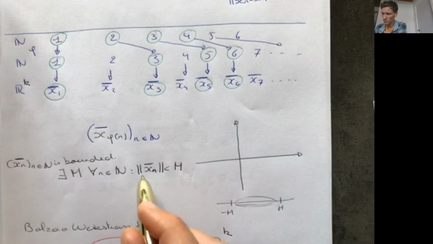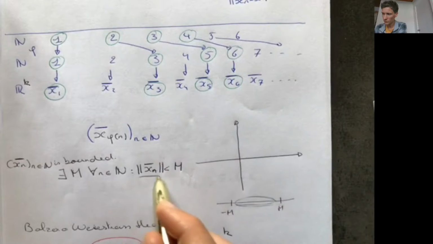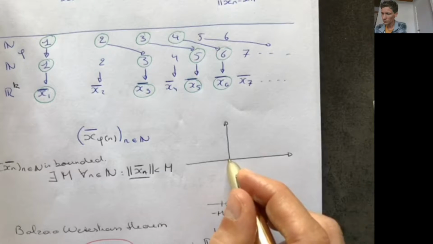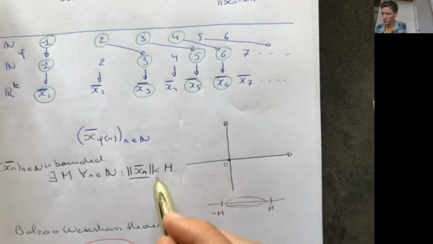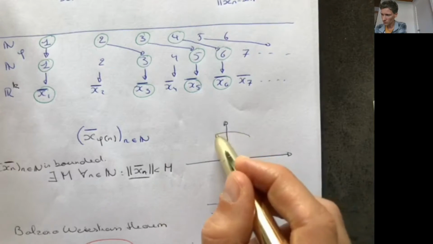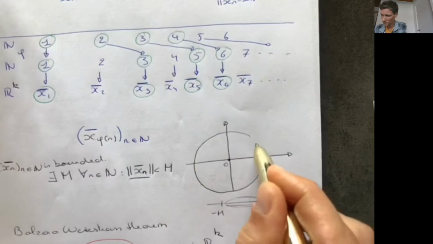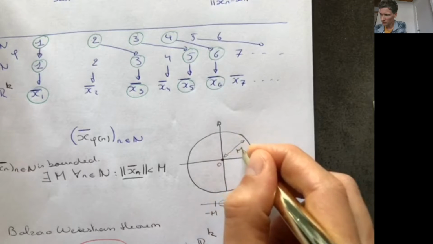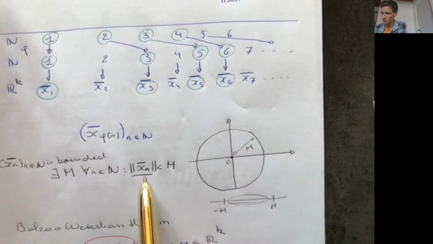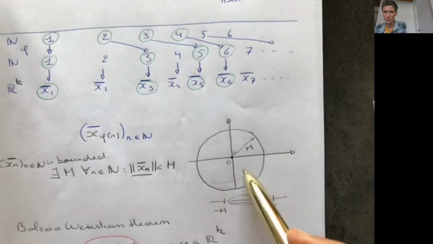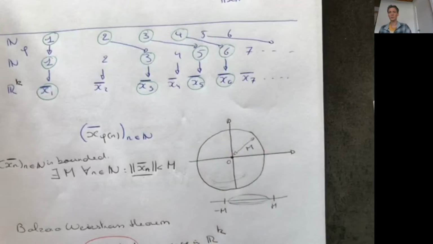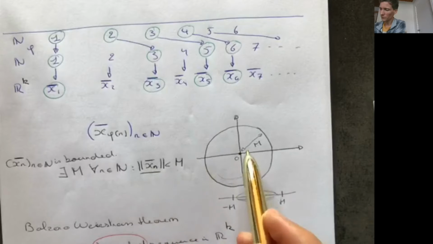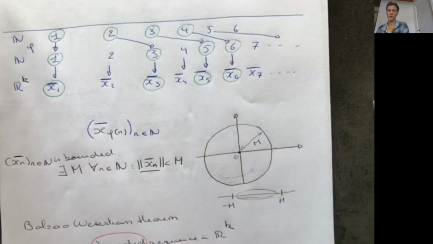So all the vectors whose distance from 0, that is the distance from 0 of xn, is smaller than m. How can you find them? All the vectors whose distance from 0 are less than m. Well, if I try to draw a sphere, which is not very well, but this is a sphere of radius m, then every vector has to be within this sphere. In 2D, a sphere is a circle, for your information. So every 2-dimensional vector has to be within the area of the circle.